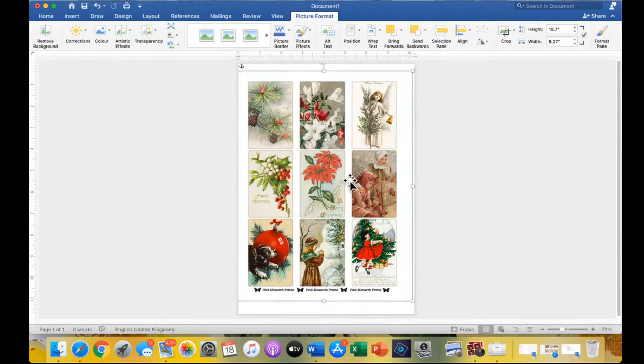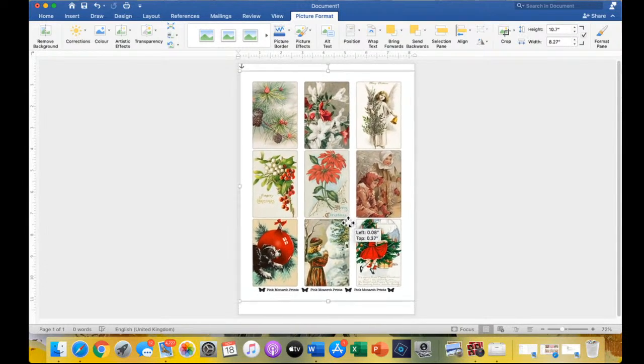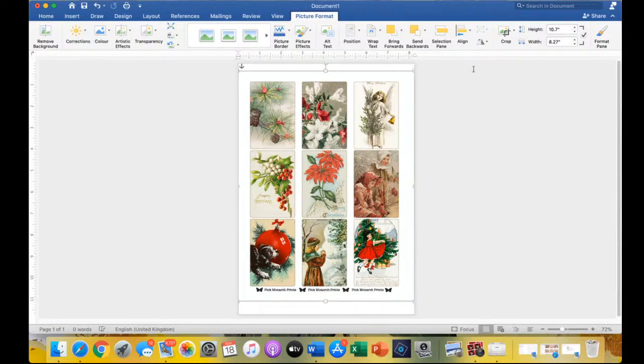The next thing we need to do is click on the image, and you get the box around it. As you can see, it's within its box. Now you'll find at the top it's opened up a new set of options where it says Picture Format, and one of those is Crop. If you click on Crop, you'll find that it puts drag bars in the corners and the middle around the image. And if we chose an image, say that one